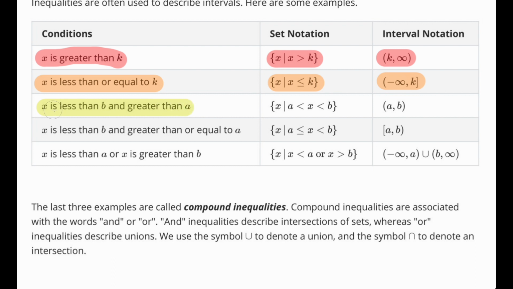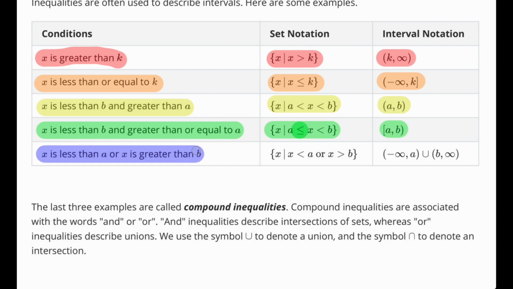This one, if it's x is less than b and greater than a, you can write it as a compound inequality like that one. Here's interval notation again with the parentheses. This one, x is less than b and greater than or equal to a. Okay, it's similar to the one that was just written, only it's got that equal sign basically right there, and then the interval notation for that. And lastly, x is less than a or x is greater than b. They actually just use the or word when translating that, and then we're going to go over the union symbol with that interval notation. Union is this U